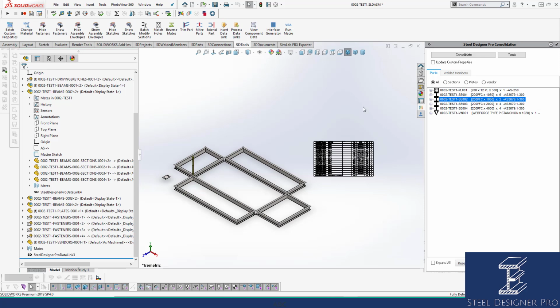So that pretty much covers consolidation. If you have any issues with consolidation or need help with consolidation or understanding why consolidation does what it does, please contact us at